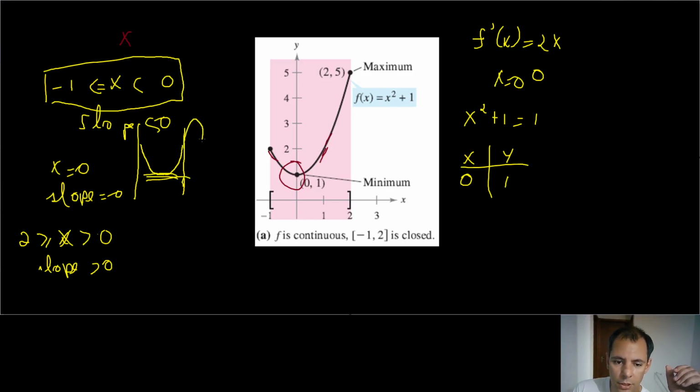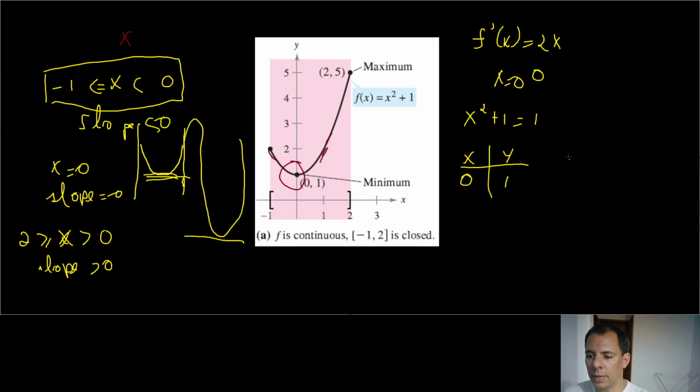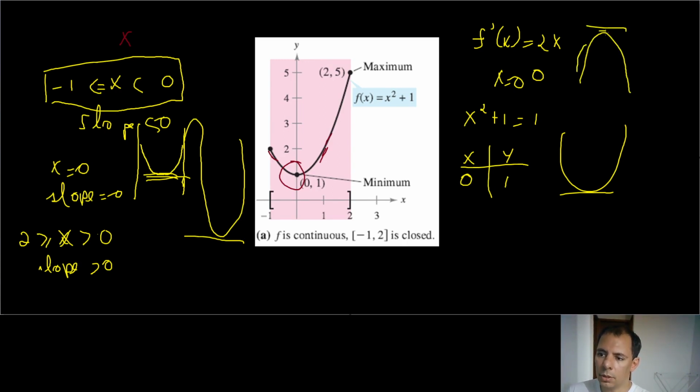Maybe the graph is going to do something like that, and you're going to have an even lower minimum in here, or maybe not. For example, in the case of a parabola, you got something like that. So this is going to be the global minimum, or it could be the global maximum if you have a positive slope, and then a negative slope, a 0 slope, and then a negative slope that becomes more and more negative. So you know that this is a global maximum, or you could have a regional maximum like